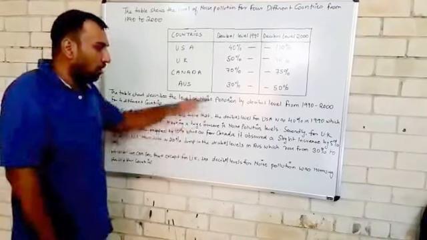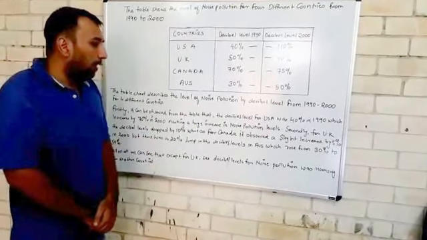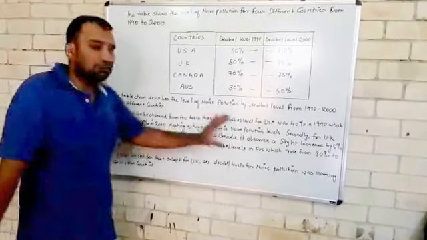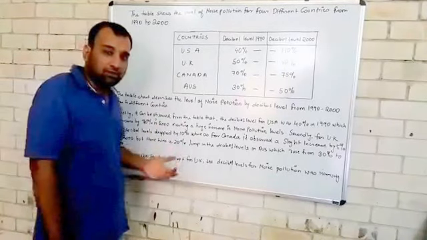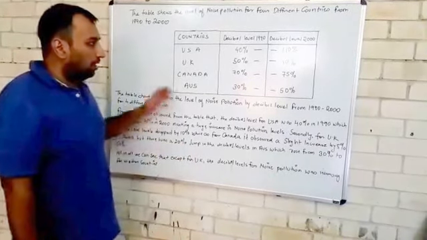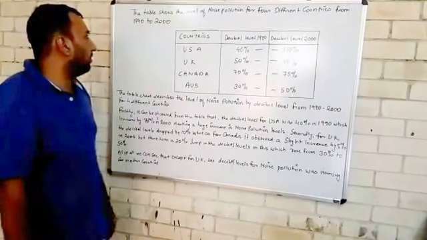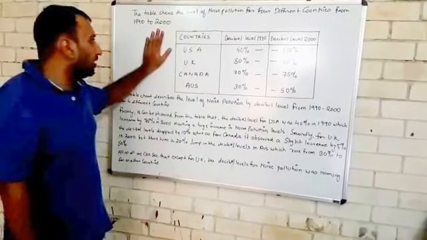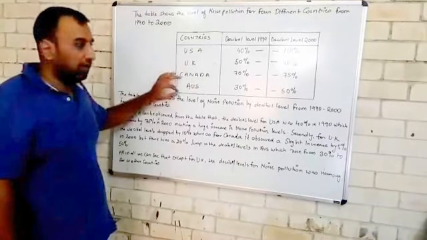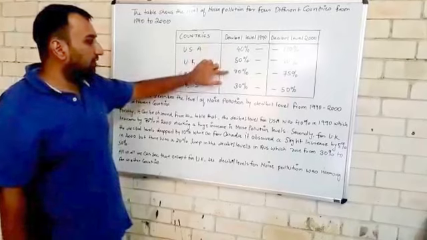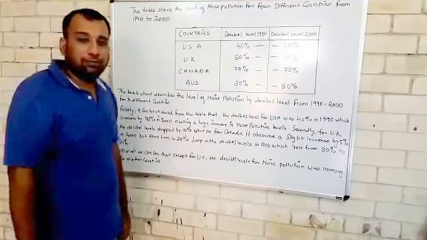I have made a small model answer for people to view over here, but this is what I have written as per my understanding. People's responses on the same graph may change as per their understanding as well. Now let's look at the title heading. The table shows the levels of noise pollution for 4 different countries from 1990 to 2000. So definitely you'll be using the past tense for this. The countries are USA, UK, Canada and Australia. These are decibel levels 40, 50, 70 and 30, and decibel levels for 2000 for each respective country.